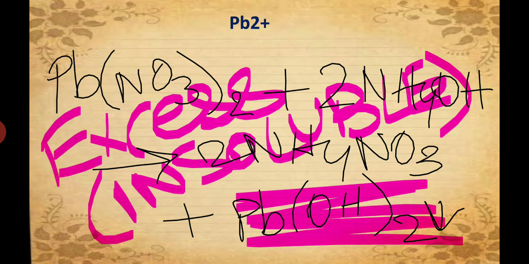So these few things you need to remember: which hydroxide is insoluble in excess ammonium hydroxide or sodium hydroxide, and which hydroxide is soluble in which type of reactants. This much is very important. This much you have to remember. Clear? So all these reactions, this particular topic or chapter, analytical chemistry, is totally based on the reactions. So you need to remember all these reactions. I think this topic is very much clear to you all.